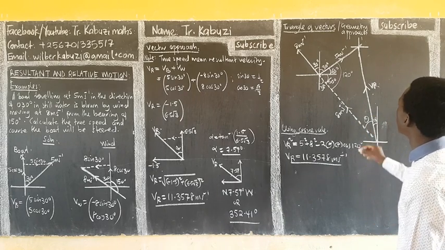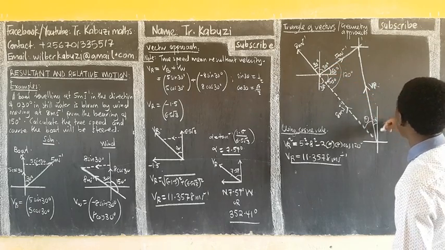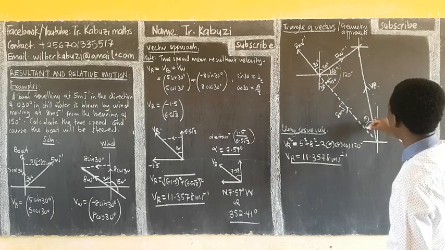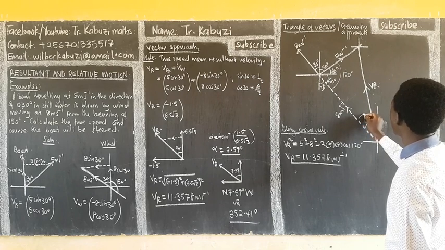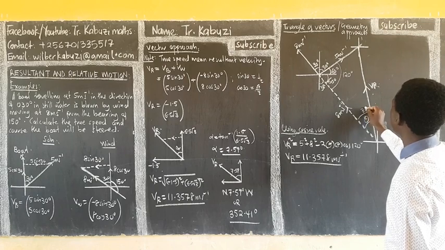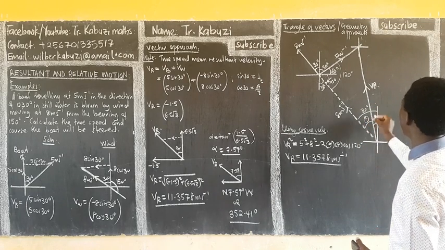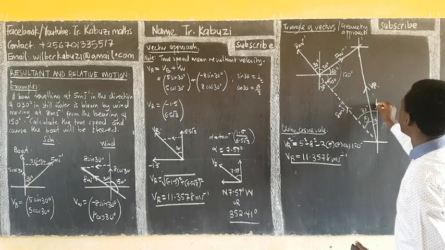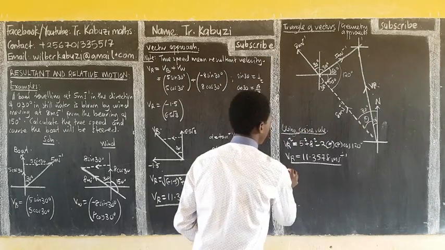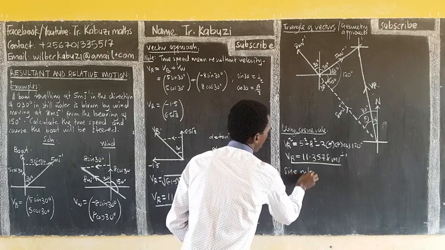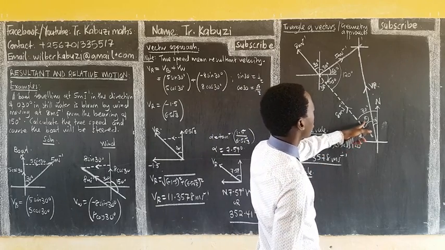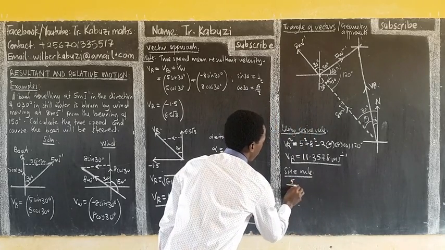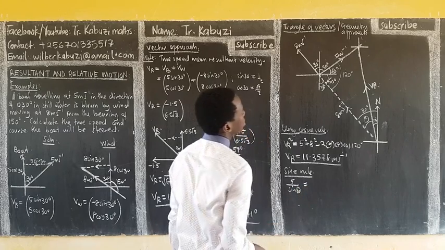What do we know? We know that the whole of this angle here, from here to here, is 30 degrees. So let us first get our theta. Then knowing that the whole of this is 30, we shall get this minus this, and we shall get the alpha, the course we should set. So what do we use? The sine rule. The sine rule says, I want to get this theta, so 5 over sine theta equals